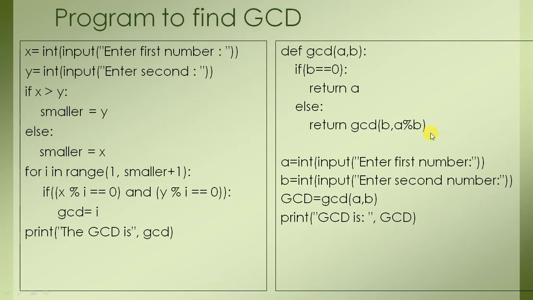What you do is you just divide the numbers, you find out the remainder, and then you again divide that number with the remainder. So this remainder will divide this number again, and this process will continue until you reach 0. So this is the base case and this is the recursive case. So this problem is very much clear to you. Good.